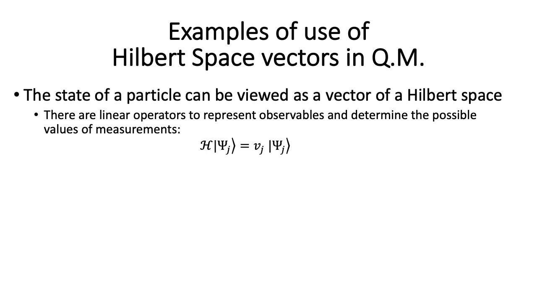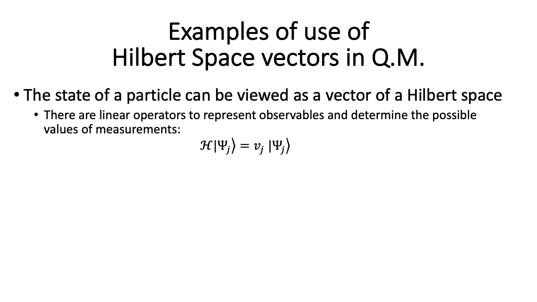Now, the state contains all the information that can be known about the quantum object, for instance, a particle, at a given point in time. I'm talking about so-called pure states here. The question is, how can we link its state with the measurement of some observable? And that's what we want to do in the physical world. And we want the states in the mathematical world to be isomorphic, right? So the idea is that if we take all the possible values for a certain observable, for each value, the particle will be in a given state.